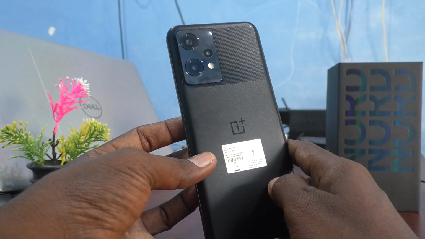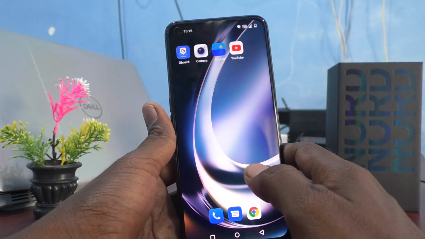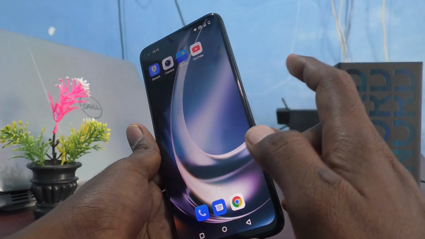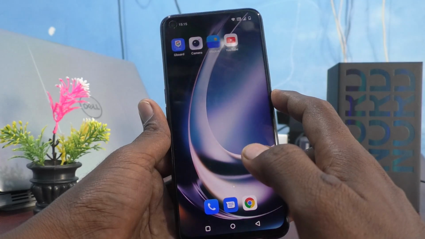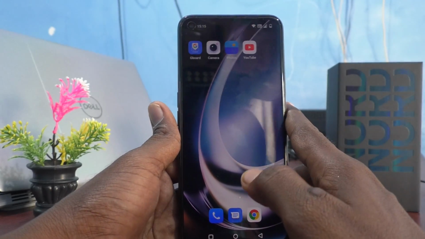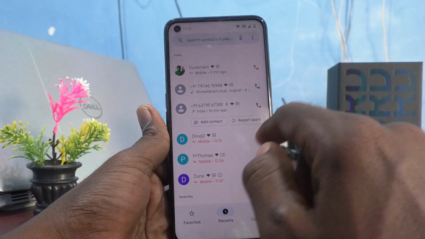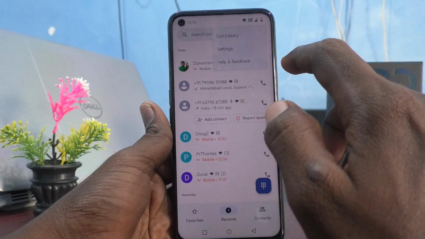Here is Oneplus Nord CE2 Lite 5G smartphone. In this video, you will learn how you can set power button to end calls on your phone Oneplus Nord CE2 Lite 5G. First of all, go to this call button and click on these three vertical dots and click